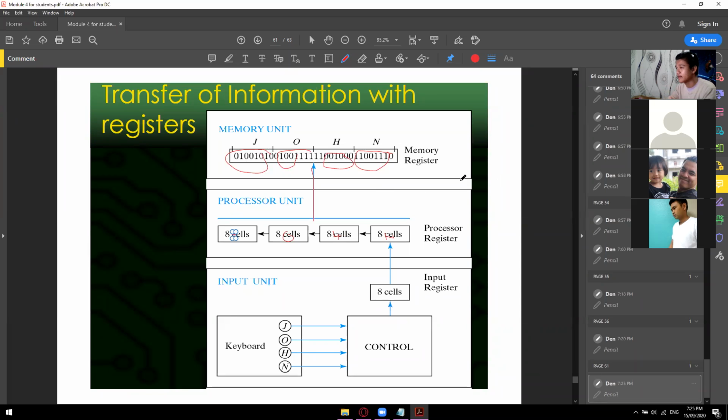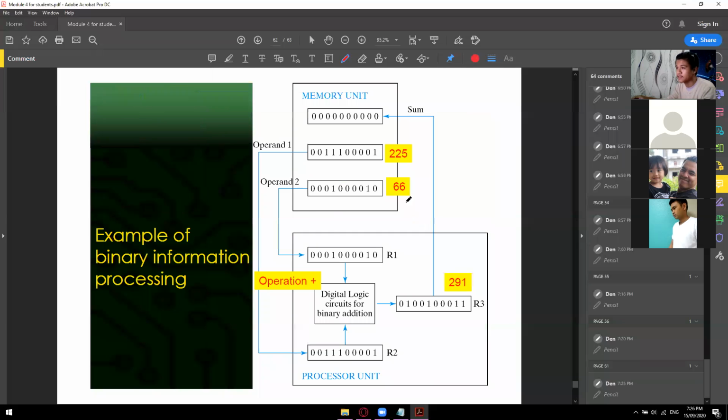Okay, so after niya mga register dito sa memory natin, ma-store lang siya dito. And i-retrieve na siya ngayon ng CPU pa rin, and then madi-display na siya sa monitor natin. Okay, as letter J, O, H, and then N. Okay, so this is another way